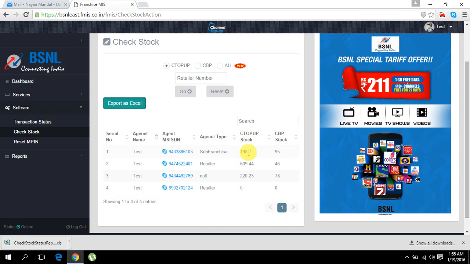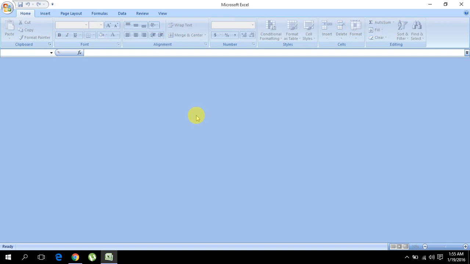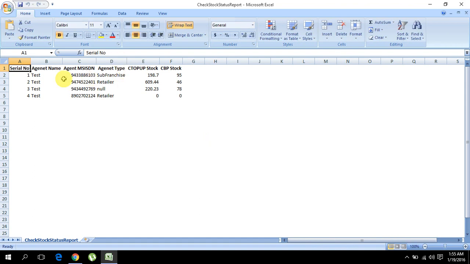Okay, now we can export in Excel sheet as well. Let me check what data is coming in this Excel sheet. Sorry friends. So yeah, it is giving the entire thing that we need, and we need not be very much expert in this, and we can check the balance that our team is having all together. Very nice. It is really amazing.